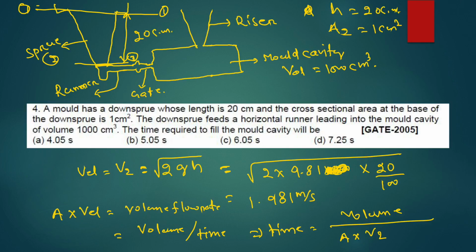So if you put the values, volume is 1000 centimeter cube divided by 10 to the power 6, divided by area 1 centimeter square divided by 10 to the power 4, divided by V2 is 1.981. If you solve this one, finally you will get time equal to